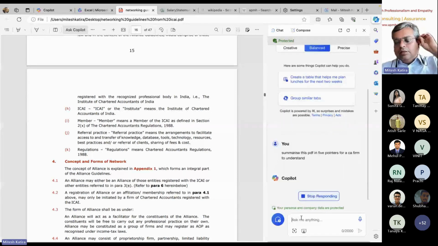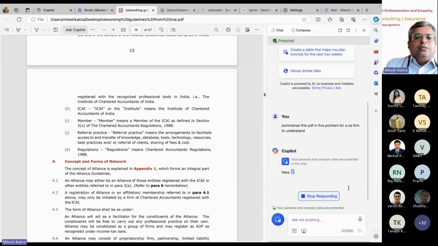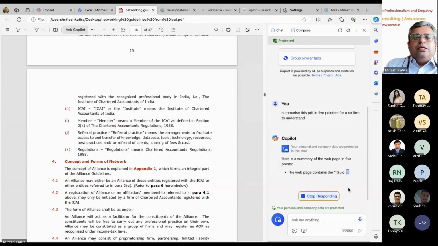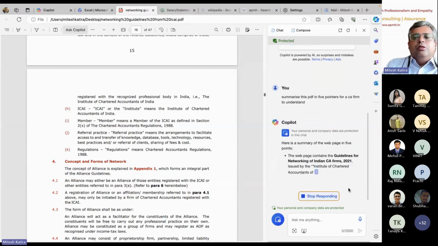Now this will read the entire PDF and help us do a quick summarization of what we are understanding from this PDF or the book.